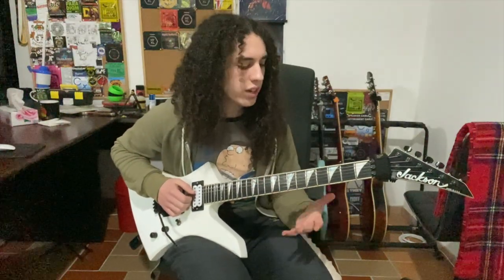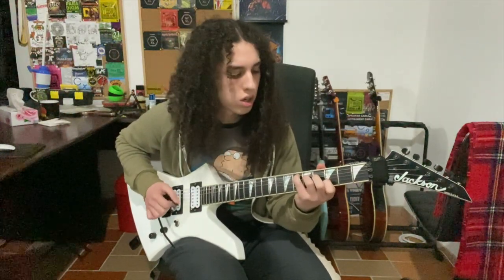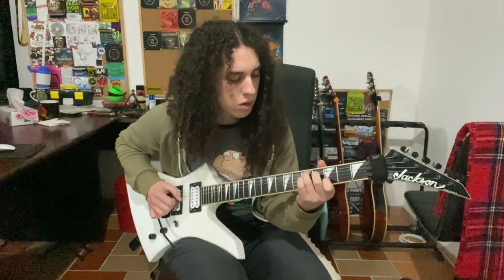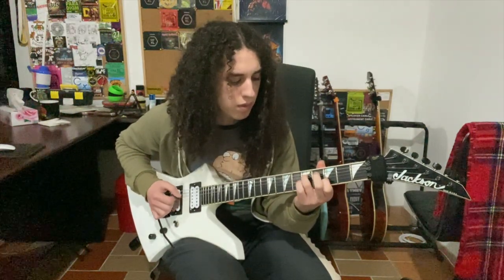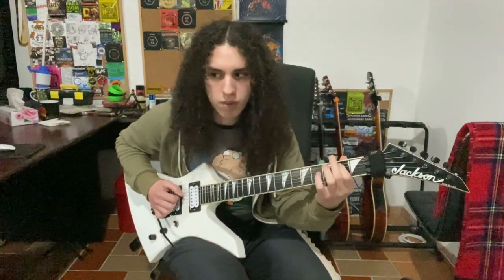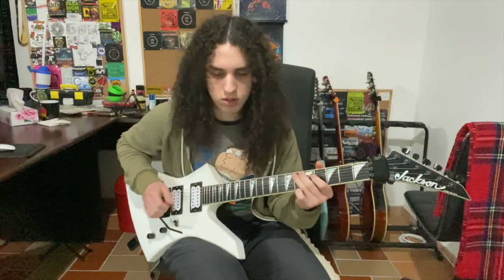Now getting to the neck pickup, again it sounds really juicy but not too juicy. It's good for cleans even in this crunchy sound. Again, I'm not going full clean, but if I wanted to. But when I coil split it,